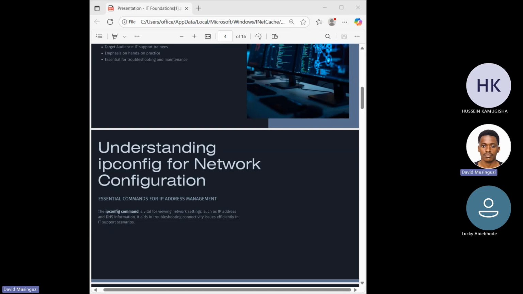Does IP configuration help you to see the computers on the network, or does it help you check for the internet connection, or see which IP address your computer is connected to? I want you to clearly explain that part. Can you repeat the question?